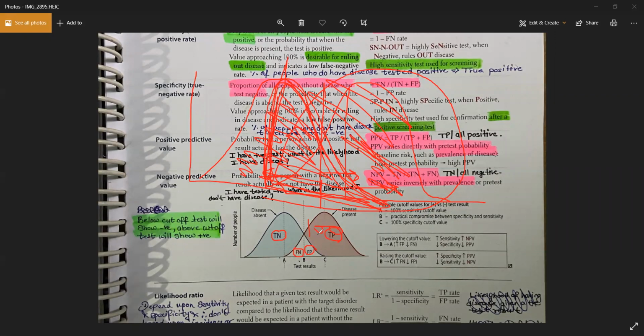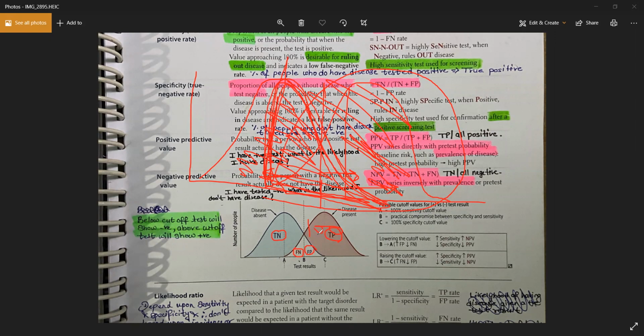Whenever I decrease a cutoff value for a certain test, I'm detecting every individual with the disease, so I can easily rule out those individuals without the disease. But at the same time, I'm compromising specificity because I'm getting a very high false positive. That means I cannot say whether this patient 100% has the disease or not. So whenever I decrease a cutoff value, I always increase the sensitivity, but at the same time I'm decreasing